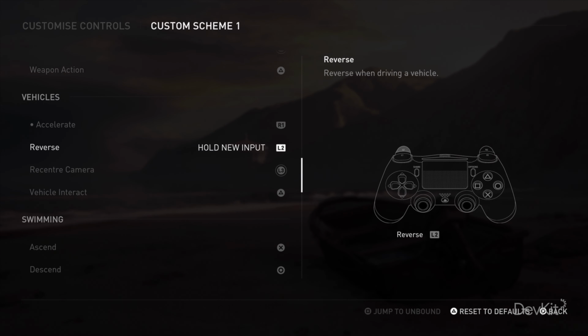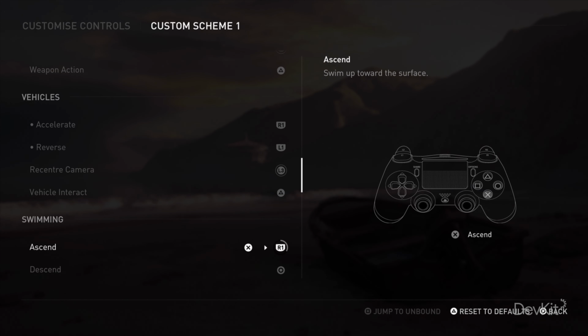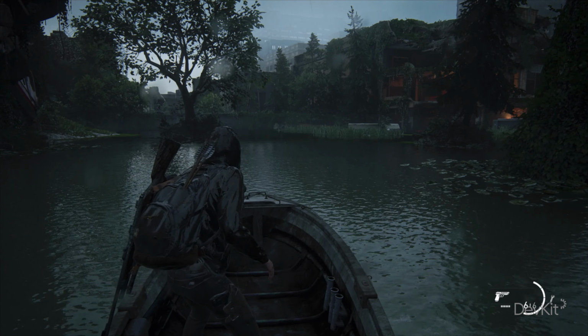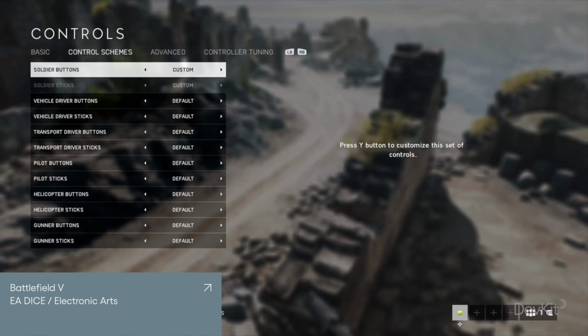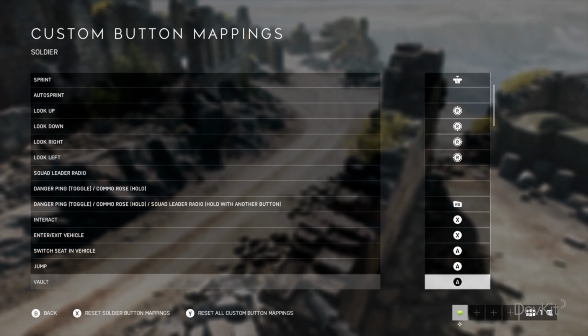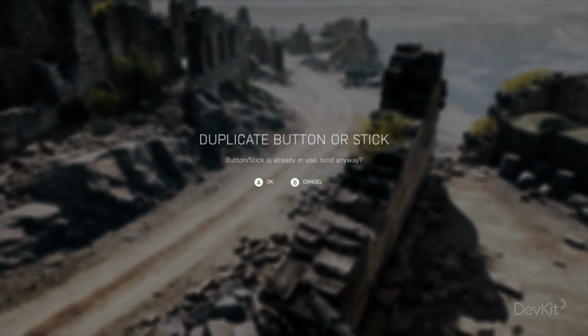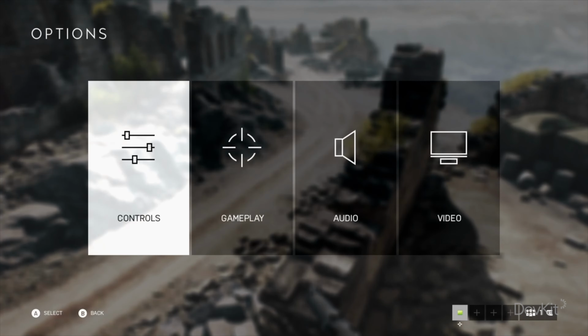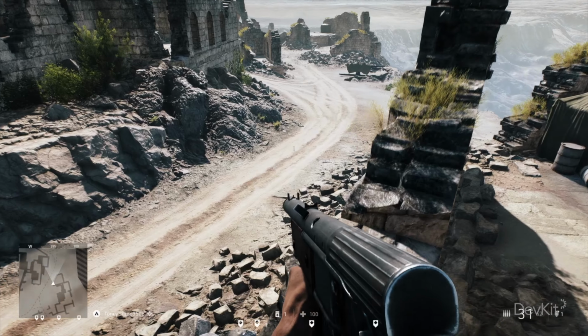Let the player remap the same input to more than one action, if those actions could be performed at the same time without affecting the core of the game. And if the core of the game might be affected, let players decide for themselves where to make compromises. Battlefield 5 allows you to do this, so you might map both move forward and vault to up on the left stick, so both actions will be performed at the same time when pushing up on the left stick, meaning you no longer need an additional button to vault.